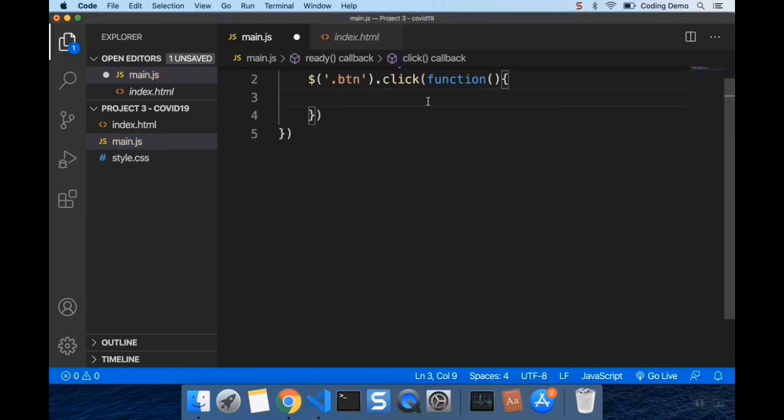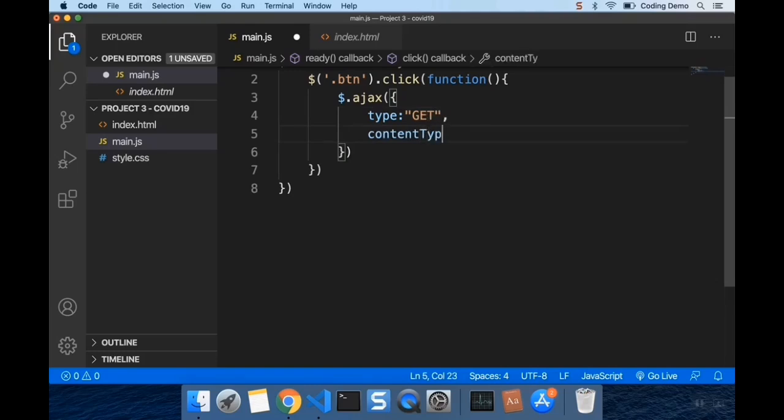So can you figure out what kind of request this will be? Will it be a get or post or put or delete? I guess it right, it will be the get request. So we'll say Ajax, and in here we'll pass the parameters. So the type is of get. The content type we need is application JSON, so I'll say content type of application slash JSON,